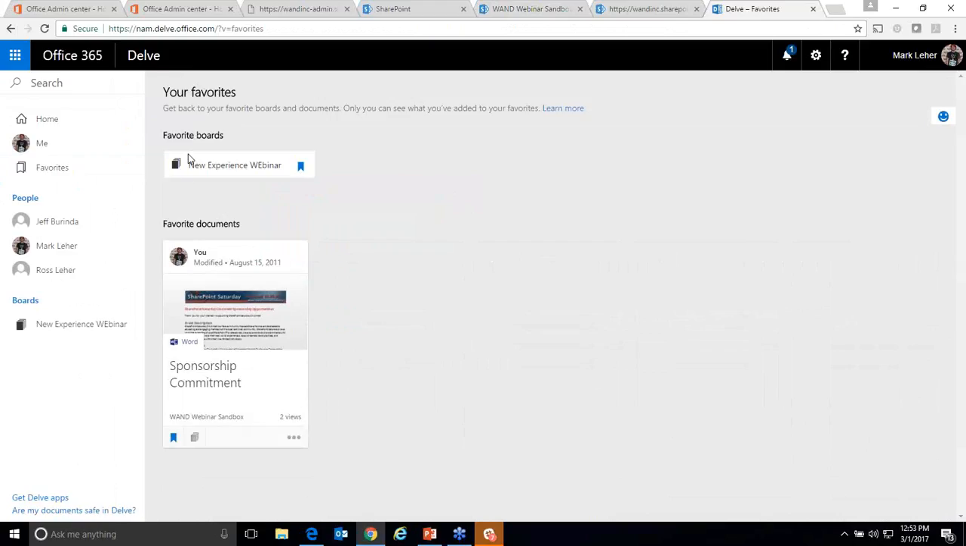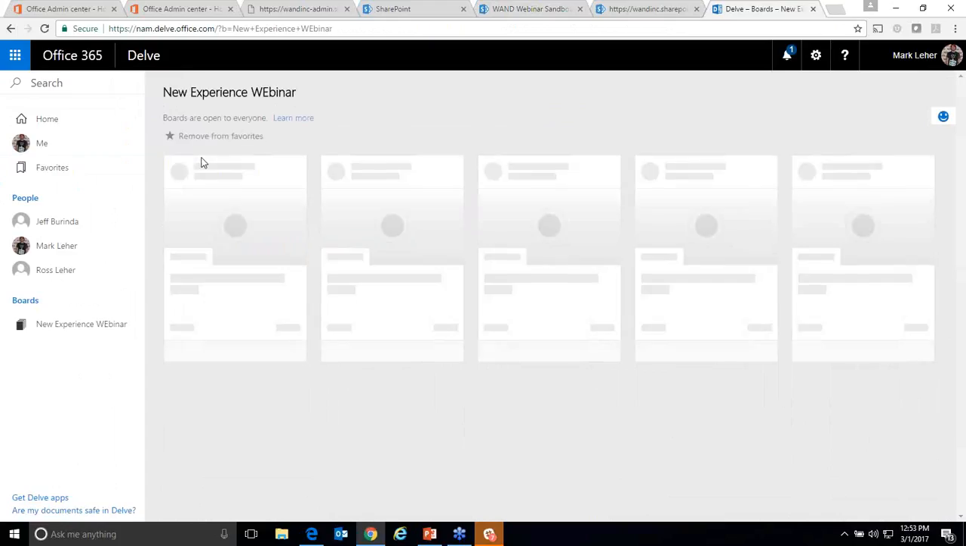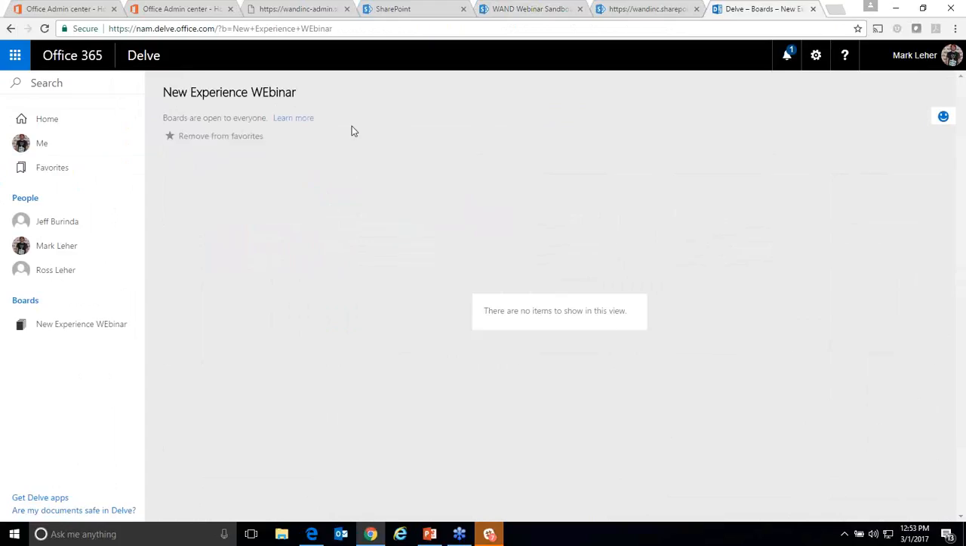Boards are basically, if you think of it in the very literal sense, like a bulletin board. If you're in an office in 1950, you might set up a bulletin board on the wall for documents about an advertising campaign you're working on, and people would pin those documents up there, and everyone who's interested in that concept could come over to that board and see the documents. So this is a digital version of that. I can set up a board, and there's no items to show here, but I can add documents to this board